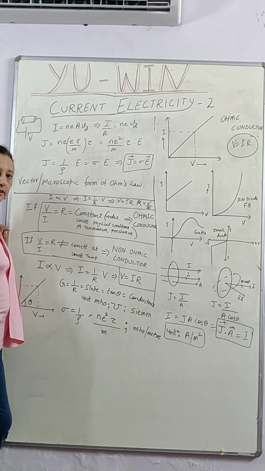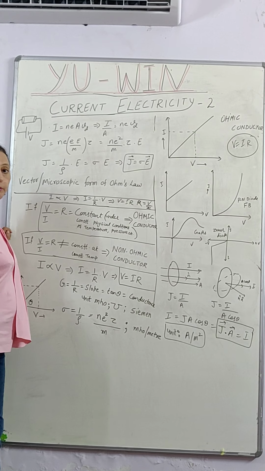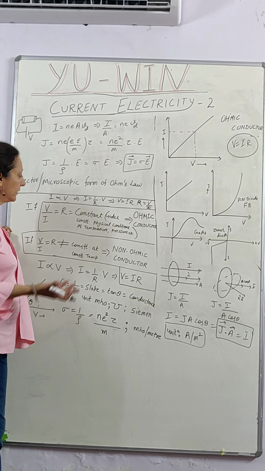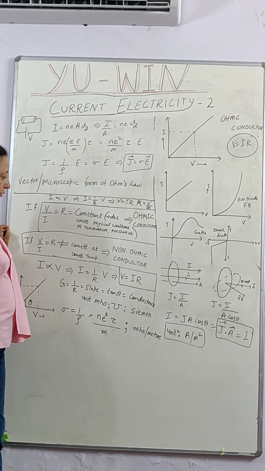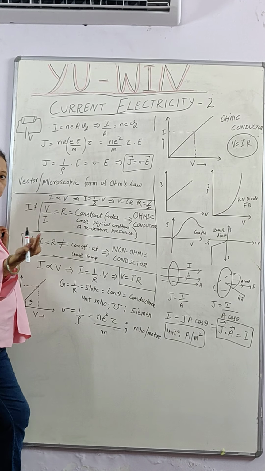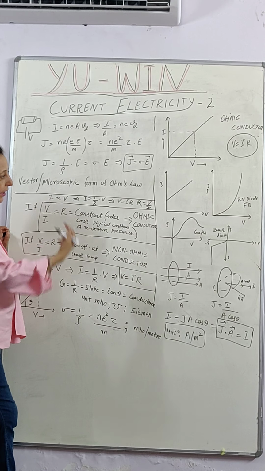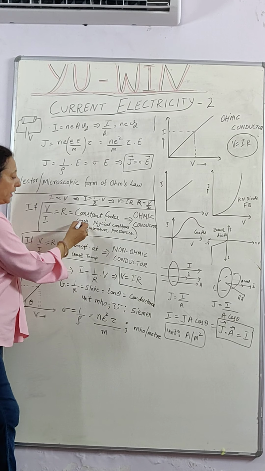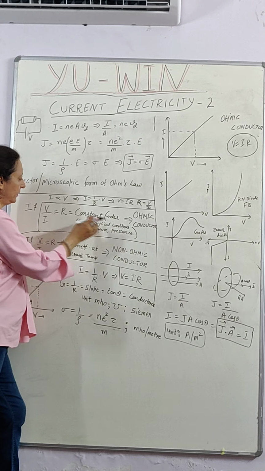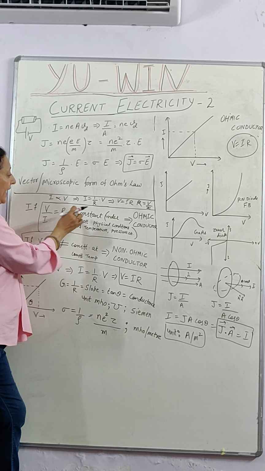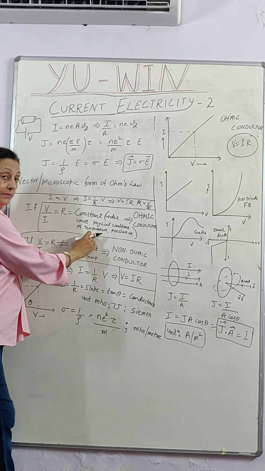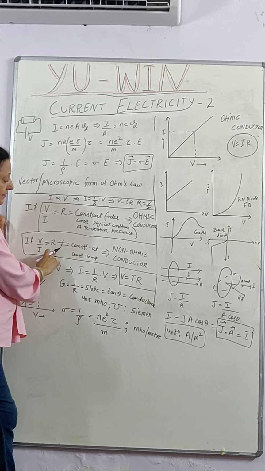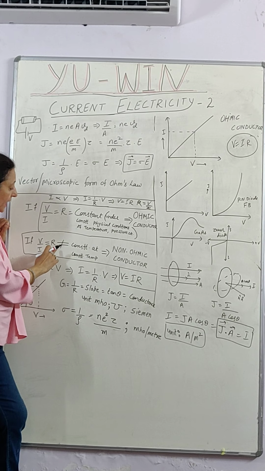Because if you change the temperature, no conductor will behave like an ohmic conductor, because the temperature change will result in a change in the resistance. We'll discuss that, the effect of temperature on the resistance and resistivity of various materials. But if you do not change the temperature, and the resistance does not change, then that conductor is an ohmic conductor. If temperature has been kept constant and still the resistance at different points is different, it does not obey the linear equation.